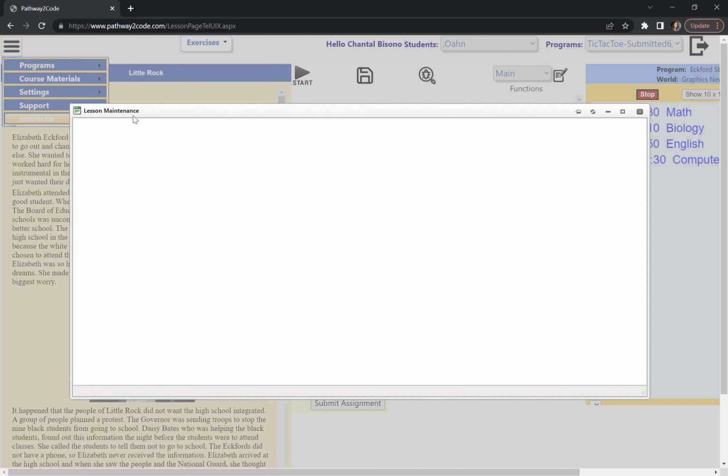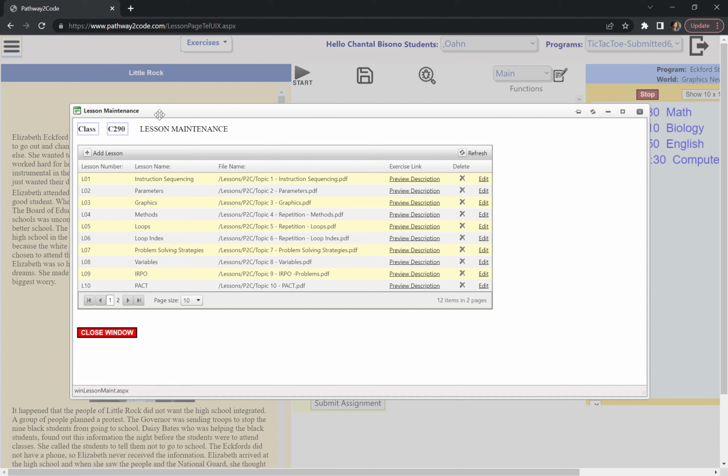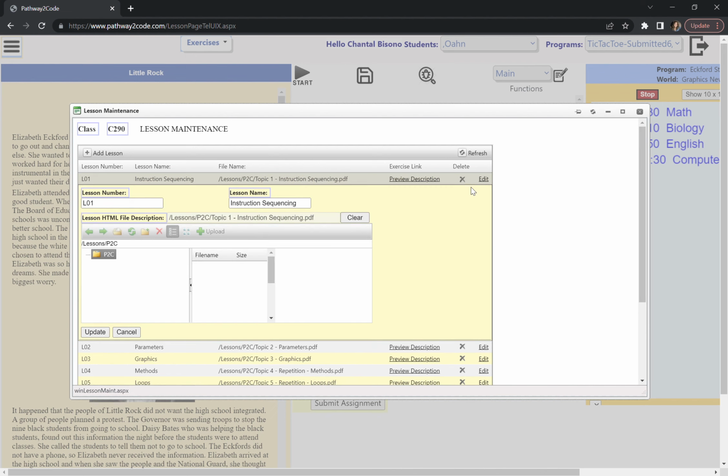Moving on, last but not least, I'm going to go to organize lessons. Now this looks very familiar to the manage exercise tab. However, the difference is that now we're in lessons. So you can preview description, except this will actually open up a PDF because these were lessons that were done by the administrator. And then you can click on, if you wanted to delete it, you could, but if you wanted to edit it, this looks significantly different from